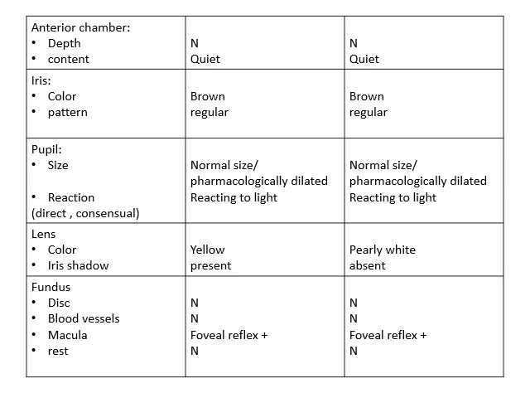Coming on to lens, for the lens you have to see the color and the iris shadow. So color in a normal non-cataractous lens will be clear, but as ours is a case of cataract, in the right eye I have mentioned color is yellow, and in the left eye I have mentioned that the color is pearly white. Now iris shadow is present in the right eye and absent in the left eye. In the next slide I will tell you how to elicit the iris shadow and how you see it and what are the conditions in which it is present and where it is absent.